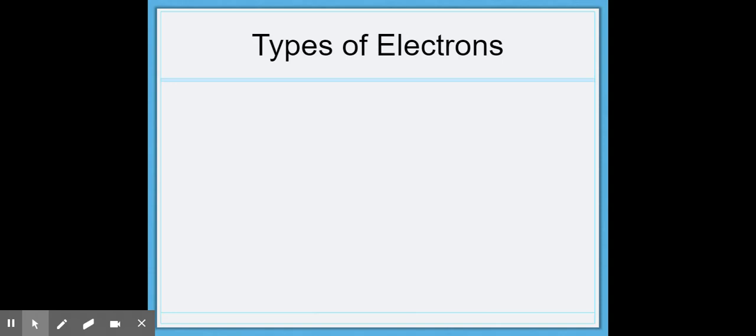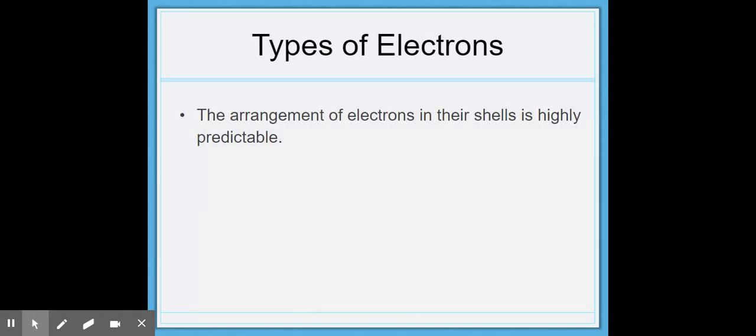Today's topic is wrapping up some things we've been working on and pulling things together. The last couple of days, we've seen the shell model and talked about how it shows electrons. Now we're going to categorize our electrons into different types, because the arrangement of electrons in their shells is very predictable based off